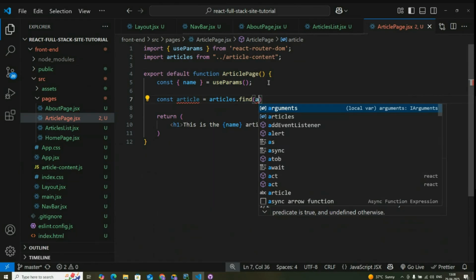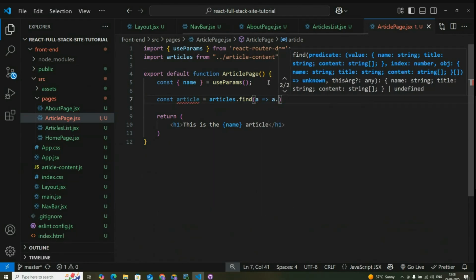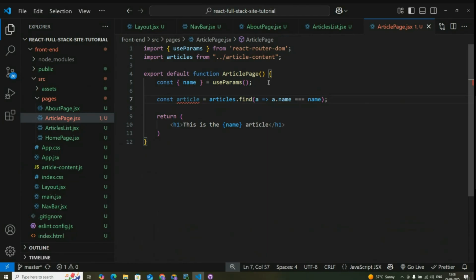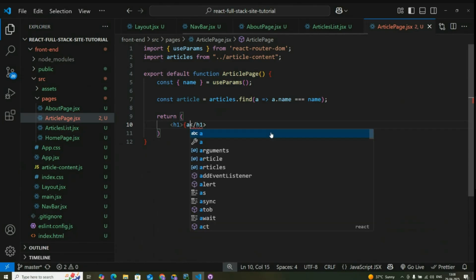We're just using JavaScript's built-in find function here, and we are going to find the article whose name property is equal to the name parameter that we just got from useParams. Cool. So at this point, we have that article. So instead of displaying just a hard-coded title, we can actually display the title of the article itself by saying article dot